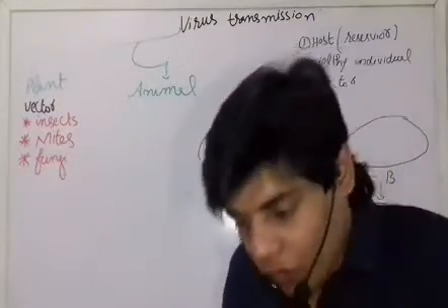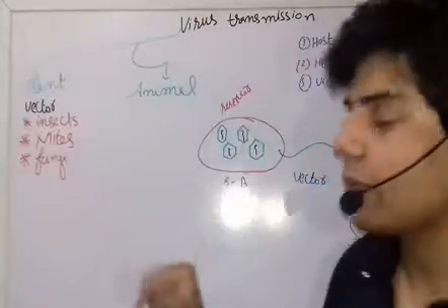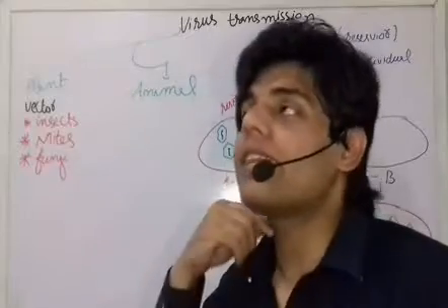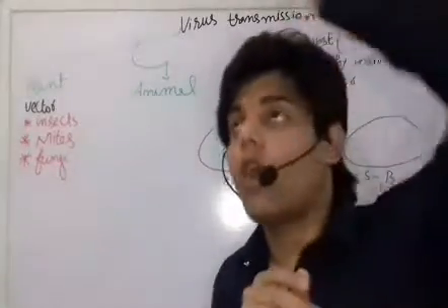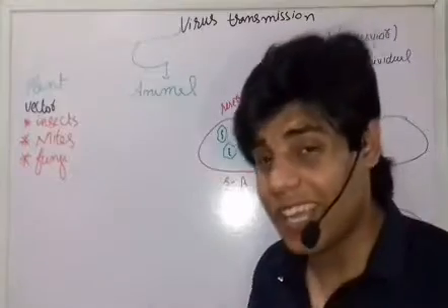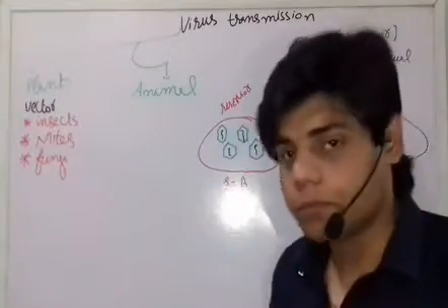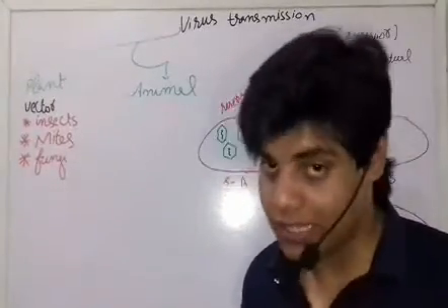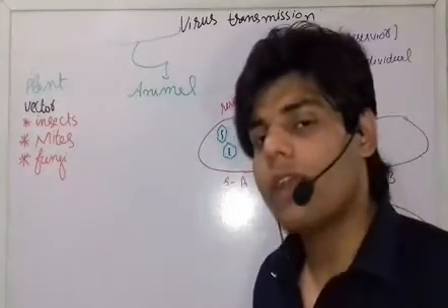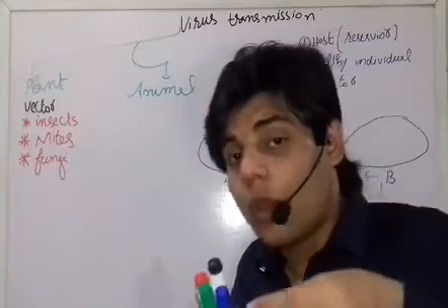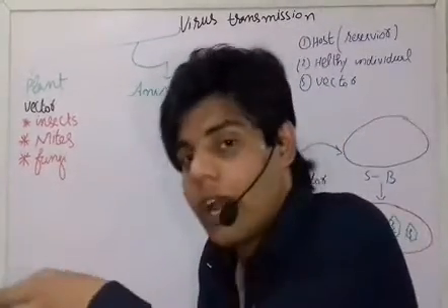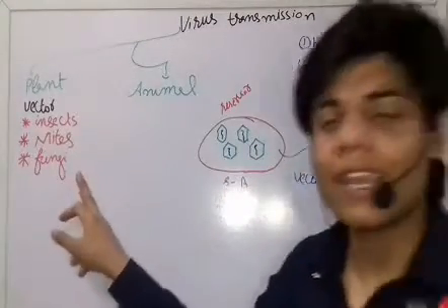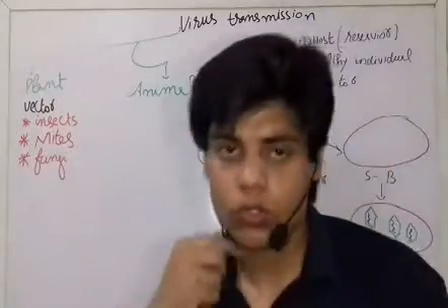These fungi also feed on the plant, and once they get some nutrients from the plant, the fungi will carry themselves in the air. Once they reach the air, they will reach the human host, the healthy host we can say. Once they reach here, they will burst, by which the viruses are released, and now the viruses will attack the healthy host. Fine. So that's how the fungi also carry the infection from plant to healthy host.